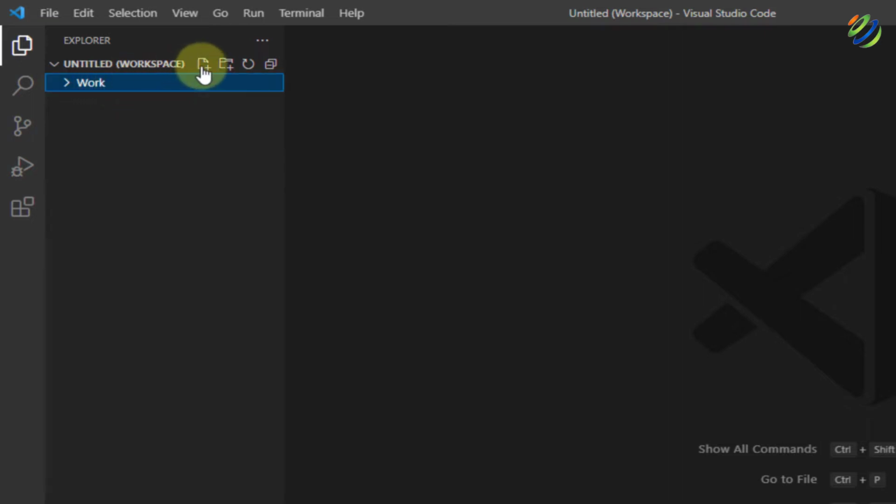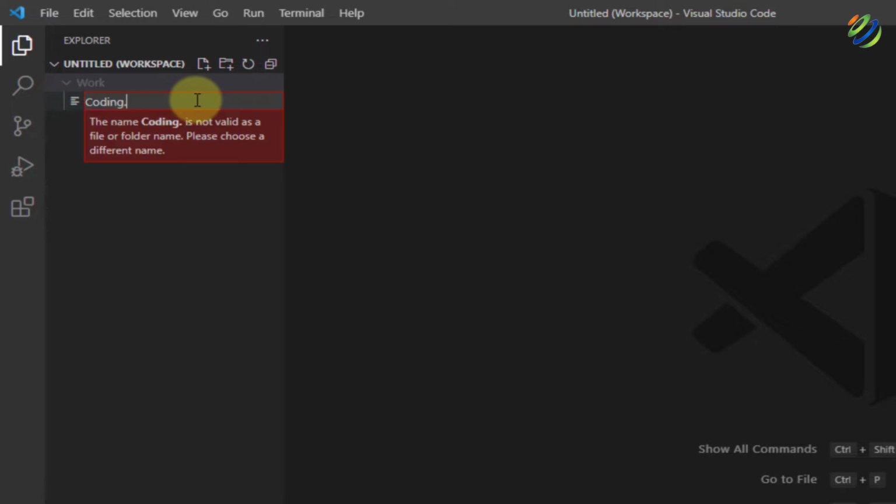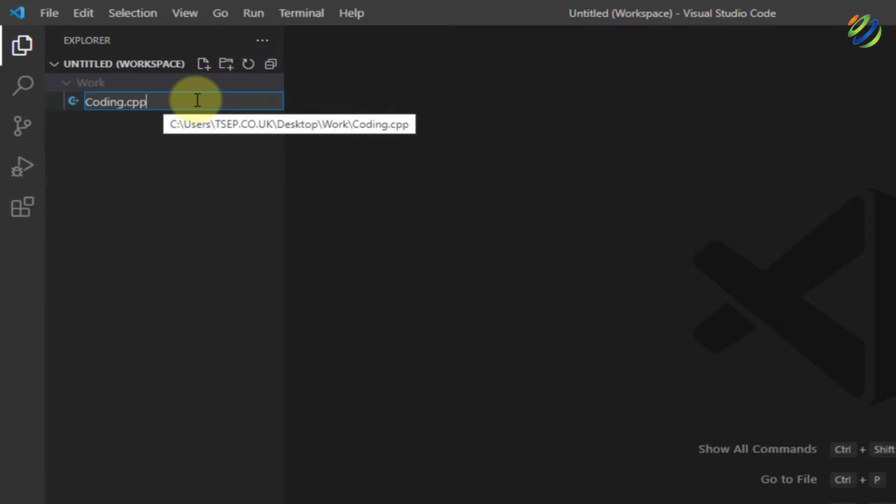Now, if I click on this icon that says new file, I can create any number of files in this workspace. I'll name this particular file as coding.cpp. .cpp is an extension for C++. In case you do not write .cpp as an extension, Visual Studio Code will not recognize this particular coding file as a C++ file, and then it will not be able to execute it with all the environments